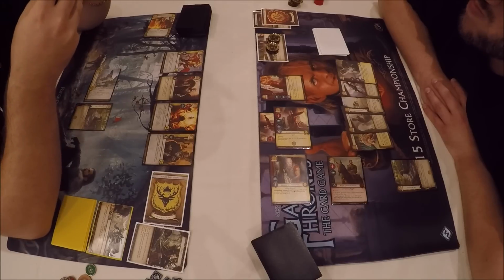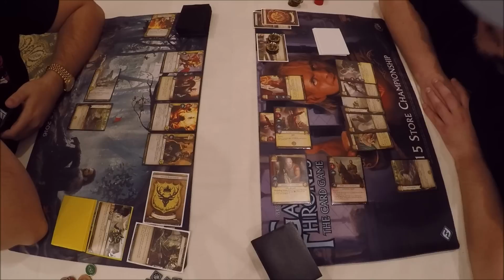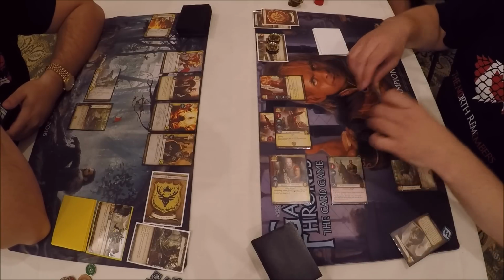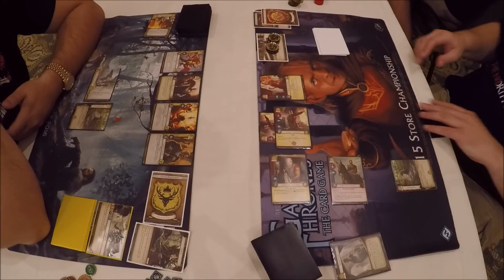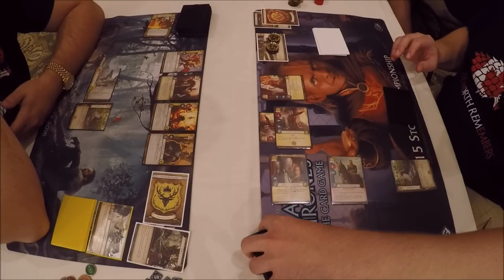But does he need to get rid of that Put to the Sword right now? I mean, will Kyle even use it? He's probably going to use it, but he's going to get rid of the Tears. It is more threatening to him. He's okay with the Put to the Sword right now. He doesn't have many big characters out. I mean, Sirio's pretty juicy, but...